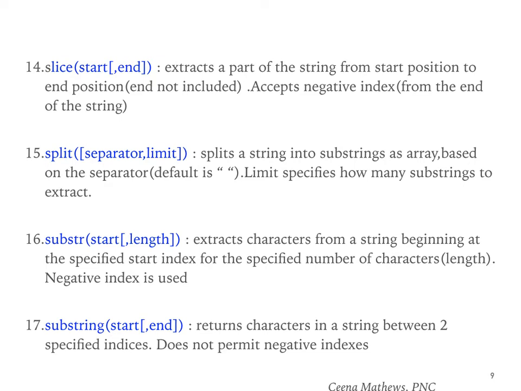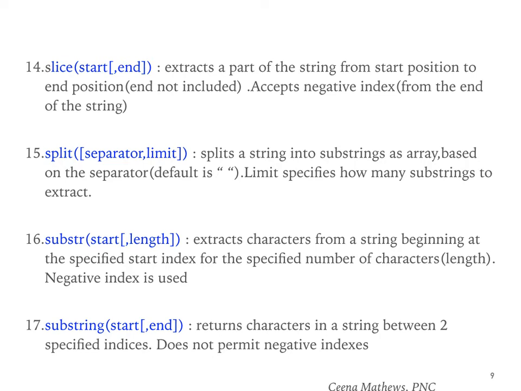Next one is the slice method. The slice method has two parameters. One is optional, the other one is mandatory. Start here is mandatory, and it extracts a part of the string from the start position to the end position, where end is not included.